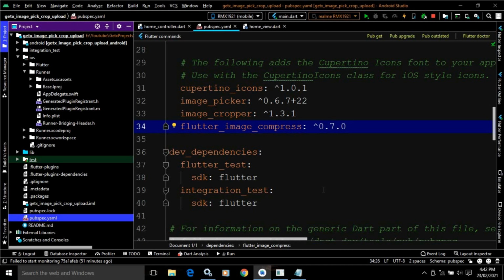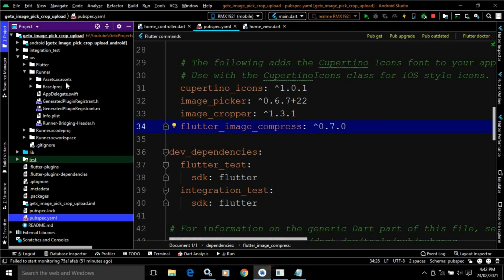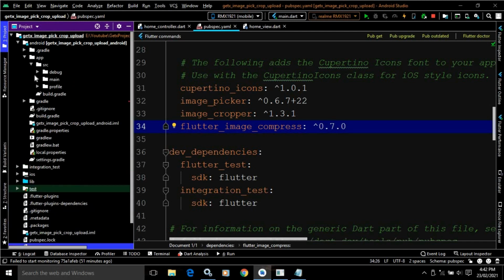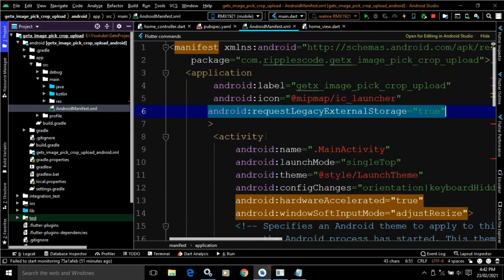And for Android, if the API version is less than 29, then no configuration is needed. But if the API version is greater than 29, then if I expand android, app, src, main, manifest file, in this manifest file here you need to add this line, android:requestLegacyExternalStorage equals true.